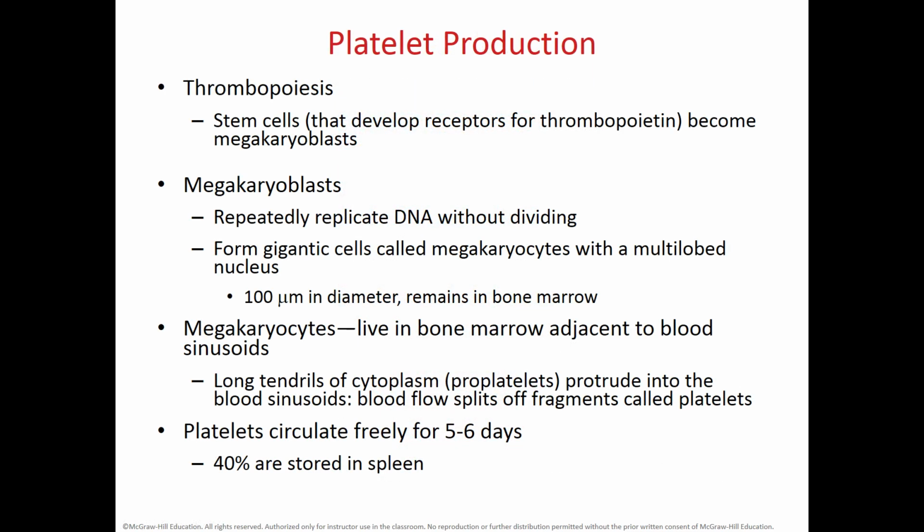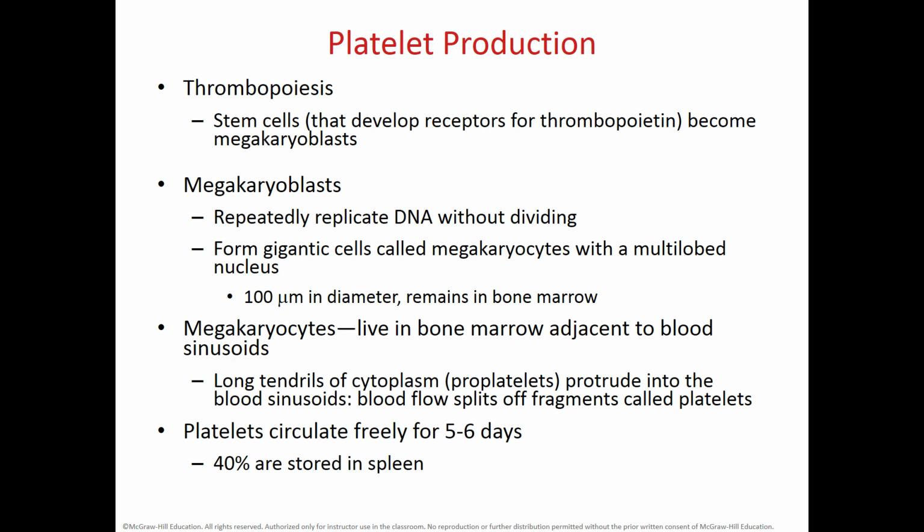Formation of platelets is known as thrombopoiesis, and the stem cell that makes these platelets is known as megakaryocytes, and they act upon the action of a hormone that is called thrombopoietin. So the megakaryoblast, under the influence of thrombopoietin, will undergo replicative DNA without dividing, and then they form this gigantic cell known as megakaryocyte, and this megakaryocyte will live in